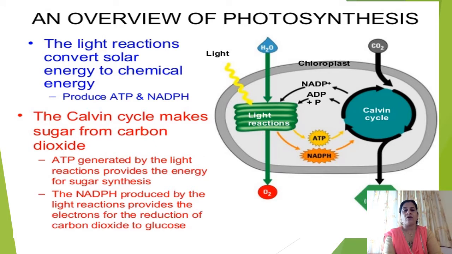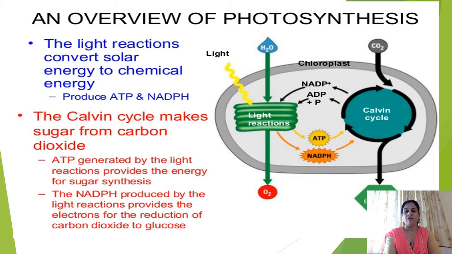So here is an overview where you can visualize where the reaction is occurring. This is the ultrastructure of chloroplast with grana and stroma. You can see grana is the site of light reaction, where two processes are occurring, that is cyclic and non-cyclic photophosphorylation. In these, there is formation of NADPH2 and ATP. These NADPH2 and ATP are utilized during the Calvin cycle or dark reaction. This occurs in the stroma of the chloroplast.